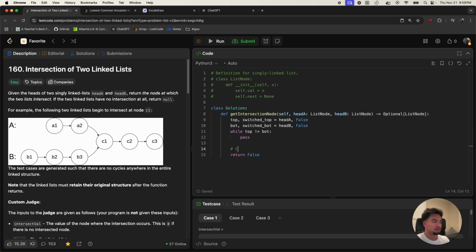I'll write that down. I'm sort of assuming that they do have an intersection. So while top is not equal to bottom, we keep this running. Okay, let's do this. While top is not equal to bottom, we're going to have our pointers